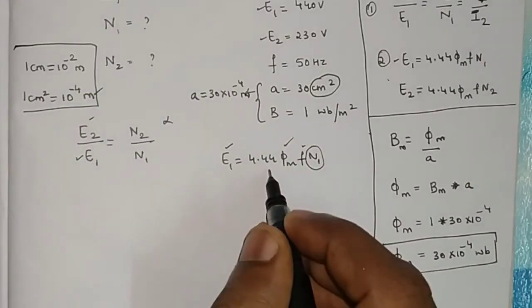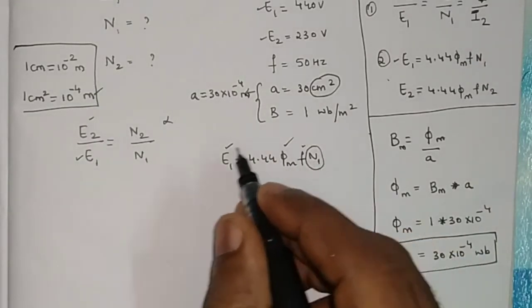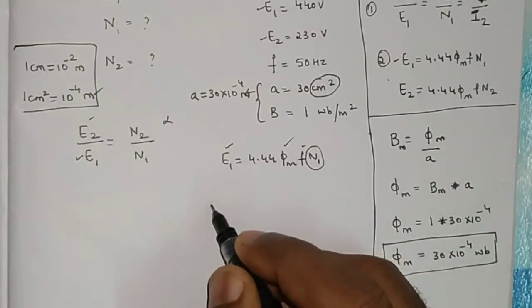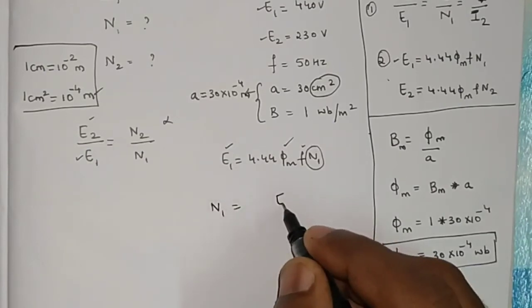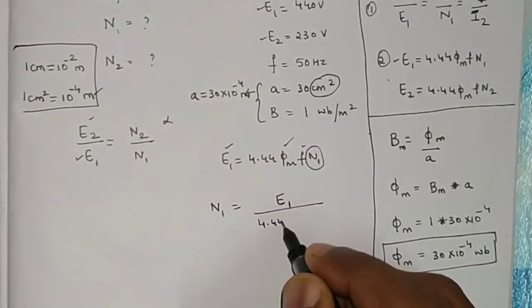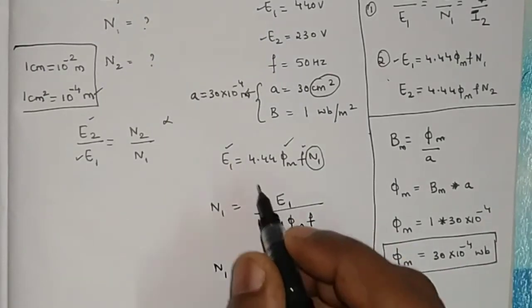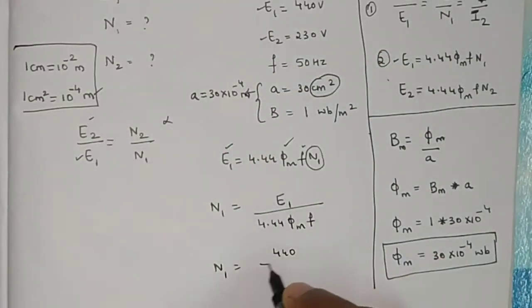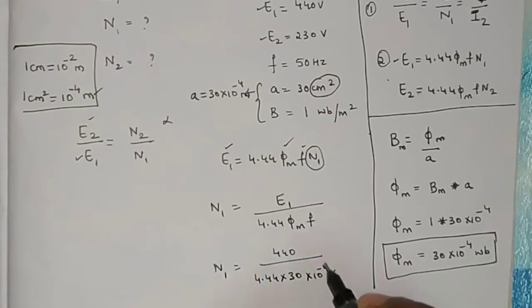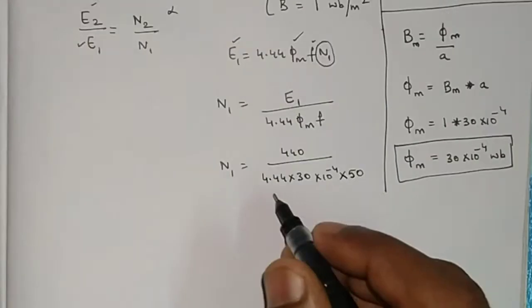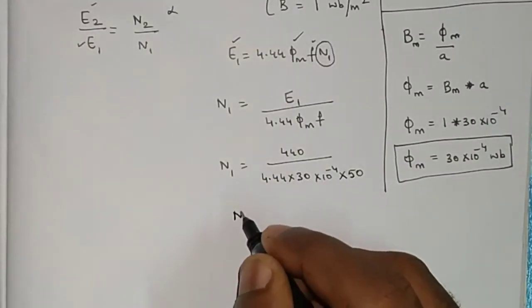Now I will substitute this in this formula. So before substituting, I will just rearrange this formula. I need to find out N1. So N1 is equal to, when I rearrange, I will get the formula as E1 divided by 4.44 phi m f. So now N1 is equal to, E1 is given as 440 volt divided by 4.44 into phi m is 30 into 10 raised to minus 4 into frequency is given 50. So when I simplify this, I'll get the answer as